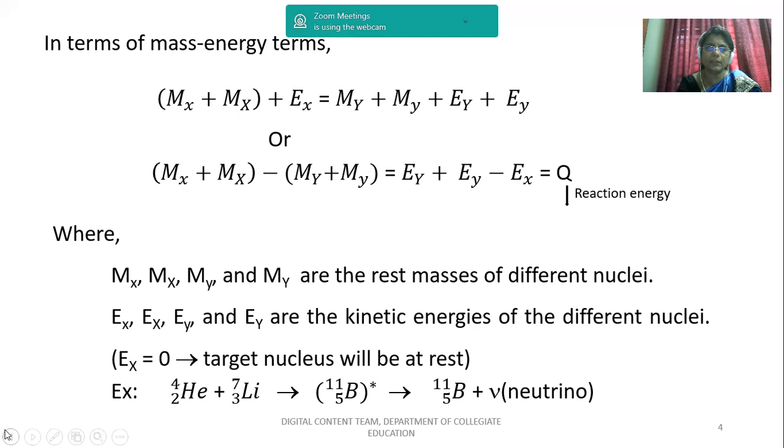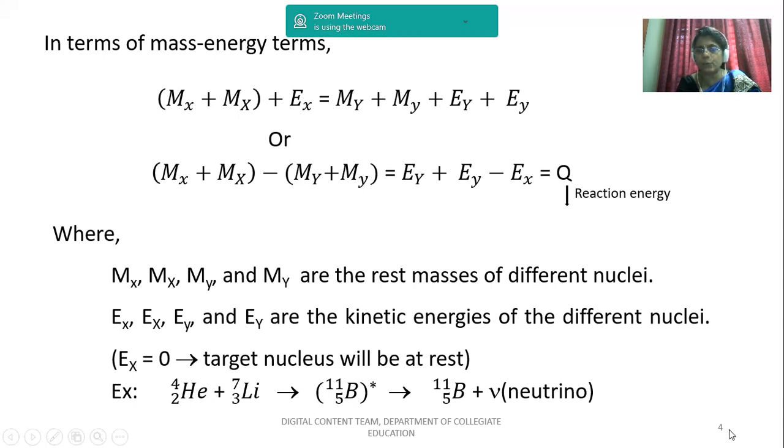Lithium with mass 7, atomic number 3, interacts with helium, whose mass number is 4 and atomic number is 2, and their interaction leads to the formation of boron with mass number 11 and atomic number 5 in its excited state, represented by the star, indicating it is an unstable or compound nucleus. Further, it disintegrates into boron 11 with atomic number 5 in its ground state or normal state, emitting the excitation energy associated with